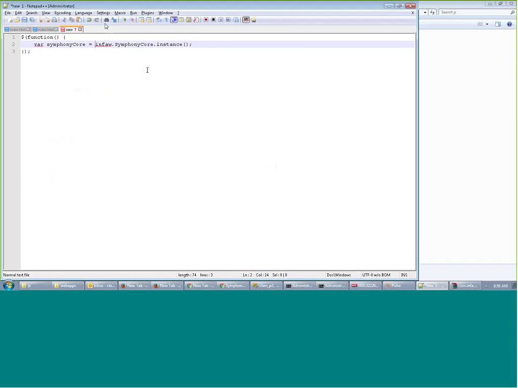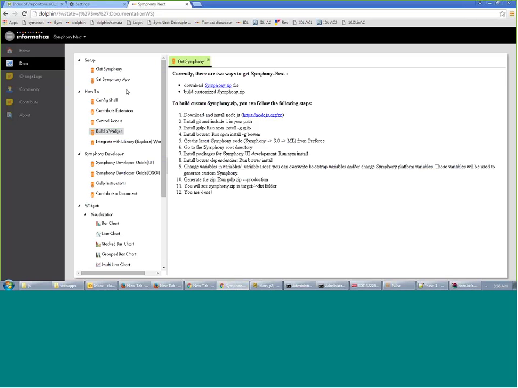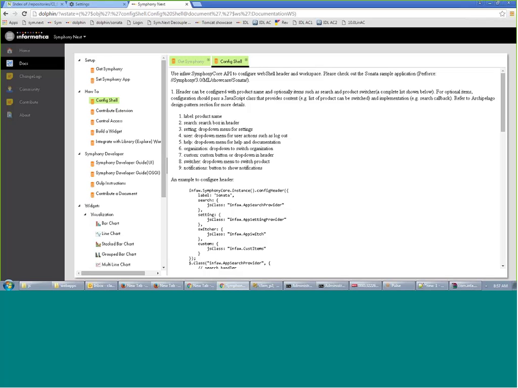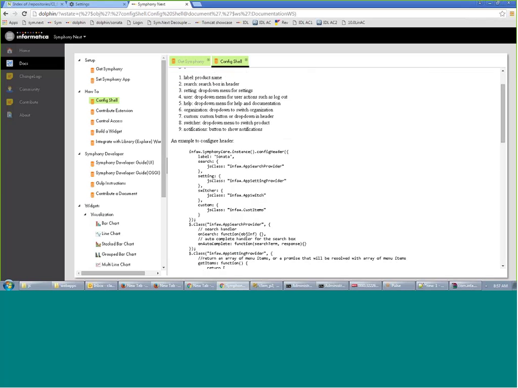Okay, so now I have Symphony Core, right? What do I do next? If I were you, I would just go to Dolphin and look at the documentation. We have an article that talks about how to configure the overall shell. And here, the first thing it talks about is how to configure the header that you see on the